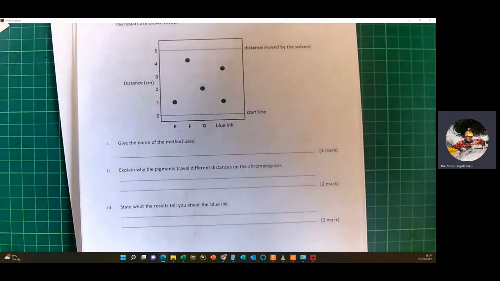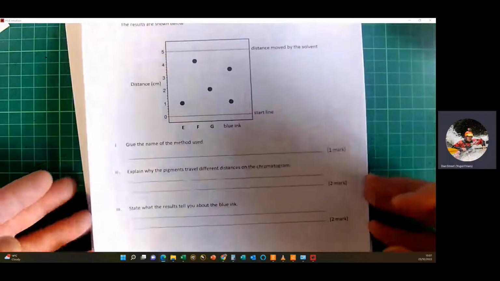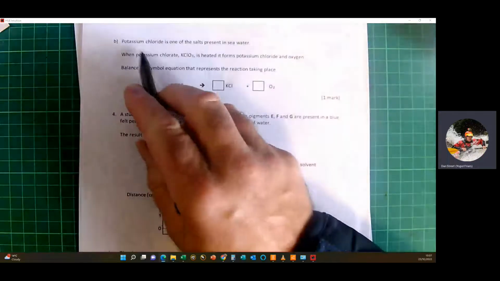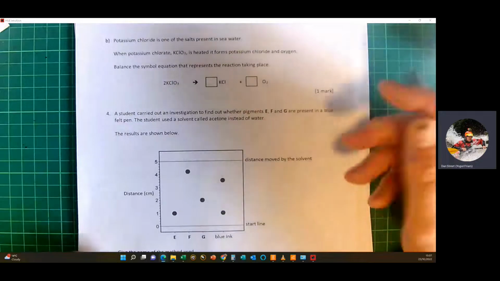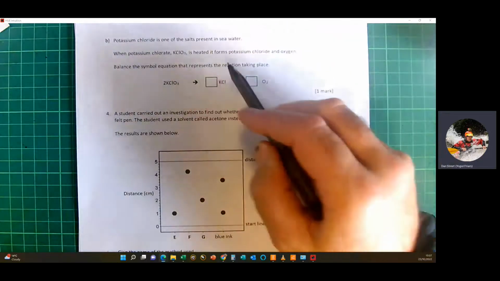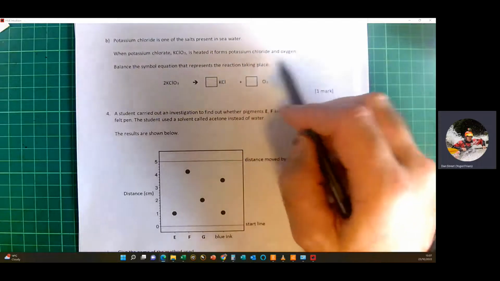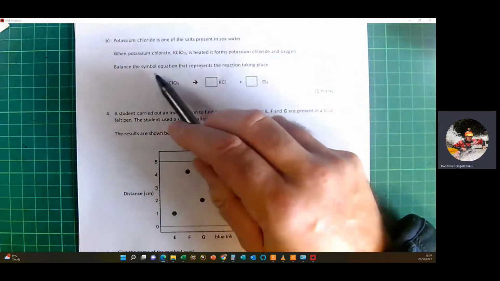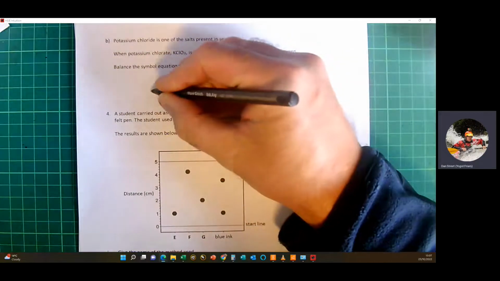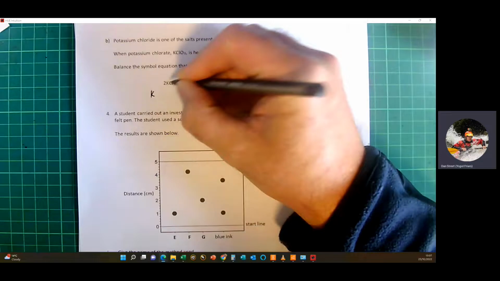Okay, now moving on to the next part, we've got another balancing equation. So potassium chloride is one of the salts present in seawater. When potassium chlorate, that's KClO3, is heated, it forms potassium chloride and oxygen. Balance a simple equation that represents the reaction taking place. So if again we use the box method,